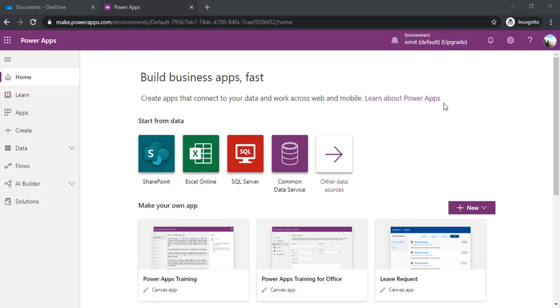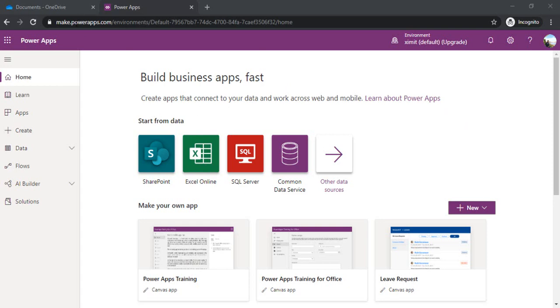In this session I'll be explaining how you can create a Power Canvas app using Excel as a data source. There could be many cases where users still want to use Excel as a data source instead of migrating the data to some new platform like SharePoint or CDS. So how can we give users the capability of creating their own Canvas app, which allows them to enter or modify data with a good UI user experience? For that option we can create an app with Excel as a data source.